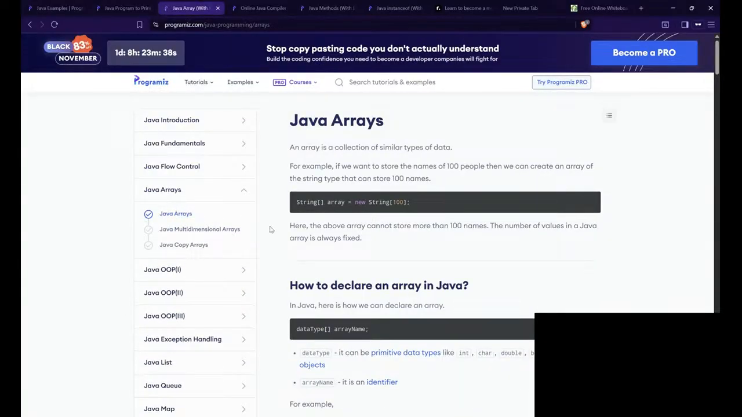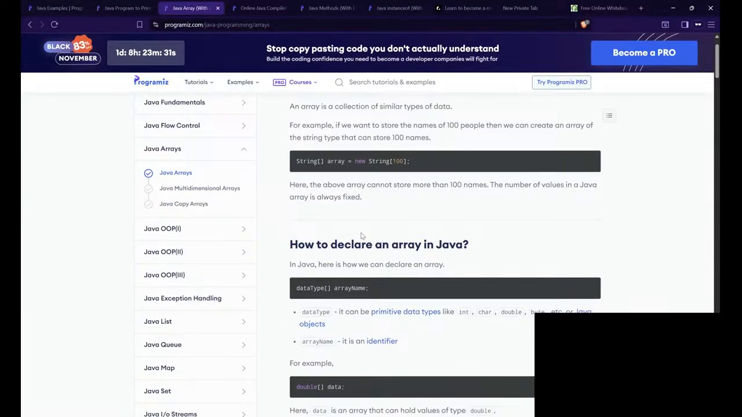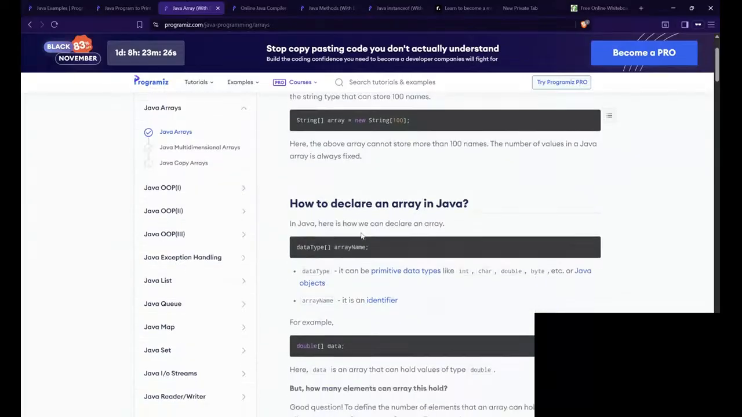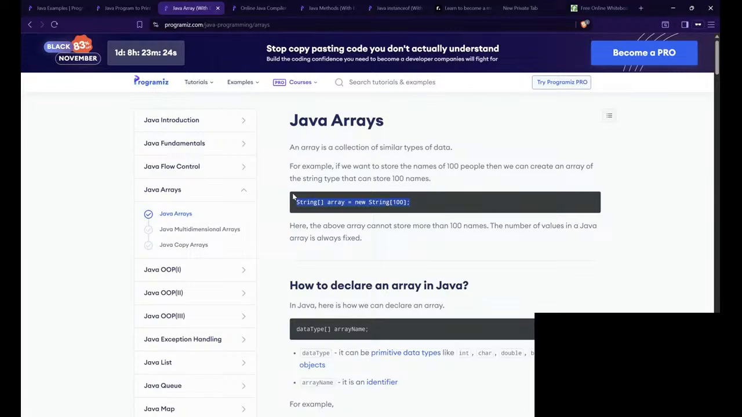So arrays, we have different types of arrays: 1D array, 2D array, multi-dimensional arrays. Okay, so how to declare an array? This is the easiest way, this is the way to declare an array. This is the syntax. You should remember this. It's very tricky to learn this. You often tend to forget it. Even I often tend to forget it, but